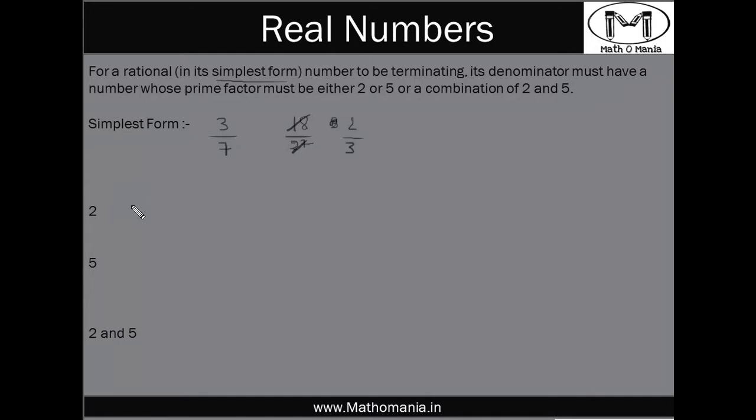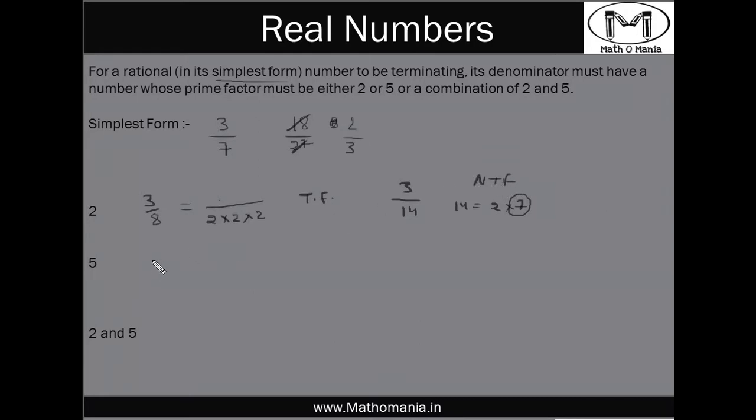Now, this 2 by 3 is the simplest form of this number, right? Now, the second thing is that the denominator must be a multiple of 2 only. Suppose we have a number 3 by 8. Now, this 8, which is the denominator, is nothing but a combination of 2's. So, we don't have any prime number other than 2 in the denominator, right? So, this will be a terminating fraction. Now, let us suppose we have another number, 3 by 14. Now, this 14 is 2 into 7. So, we have got a prime number which is neither 2 nor 5 in the denominator. So, this is a non-terminating fraction, right?